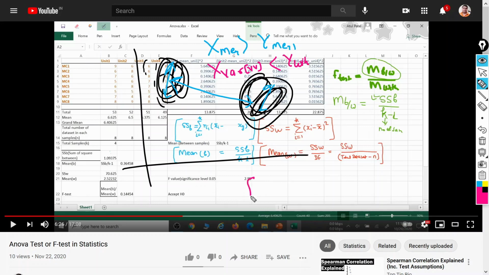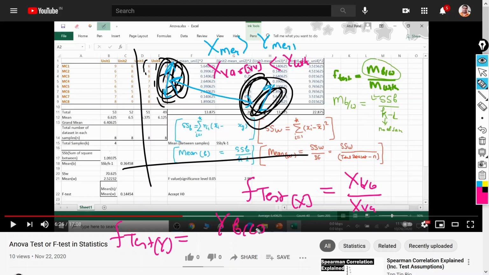So in this formula, the F-test of x is the x between divided by the x within, and the F-test for y is the y between divided by the y within. The x between, the mean distance, is greater than the y one.